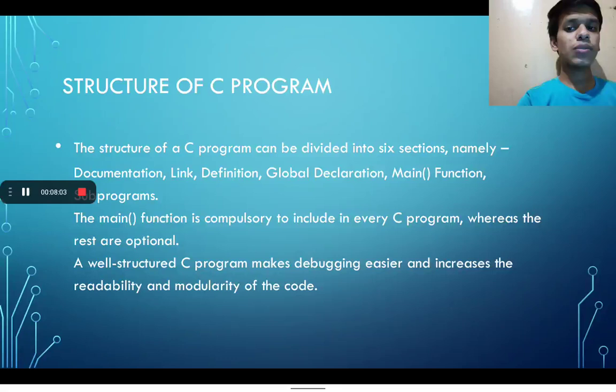I have not pasted the diagram here. So we write a source code with the extension .c, it is compiled and converted into an object file, and then the linkers are connected,